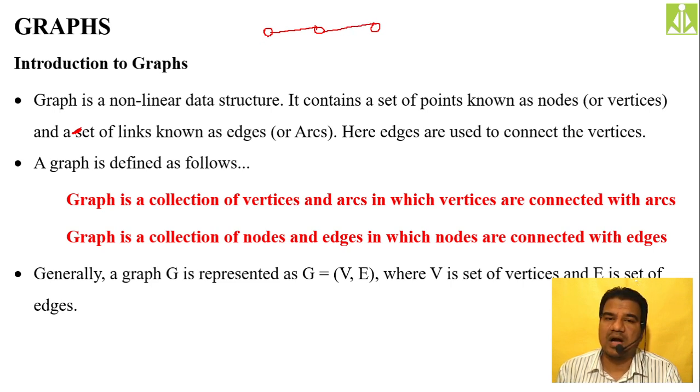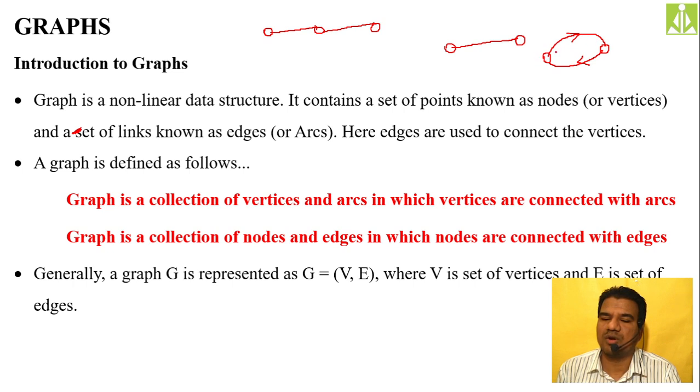Because sometimes, in order to show this representation between the nodes, if you have more than one path, then instead of drawing a straight line between the two vertices, we take the help of an arc. Like this we represent. So instead of drawing a straight line, we show it with an arc, just to avoid the collision of these two paths.